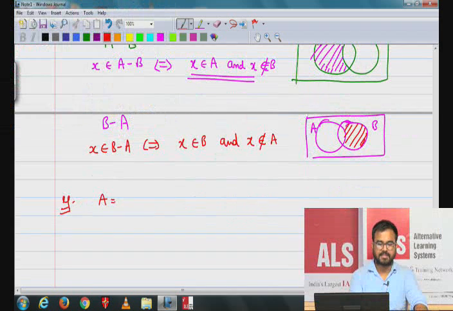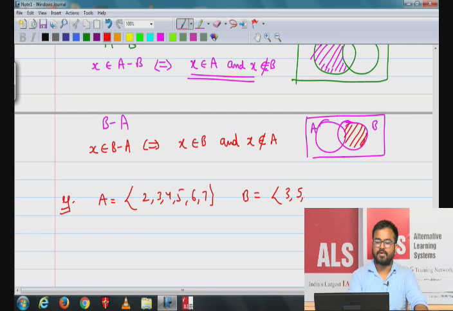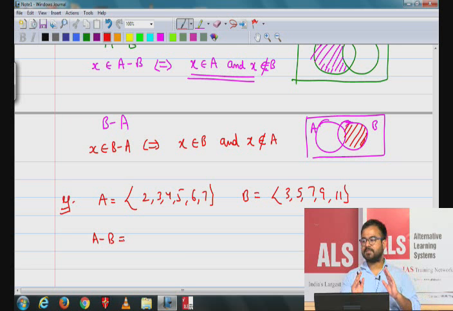Let's say we have the example: A is the set 2, 3, 4, 5, 6, 7 and B is the set 3, 5, 7, 9, 11. Right? These are the two sets A and B. If we have to find what is A minus B. So A minus B means,